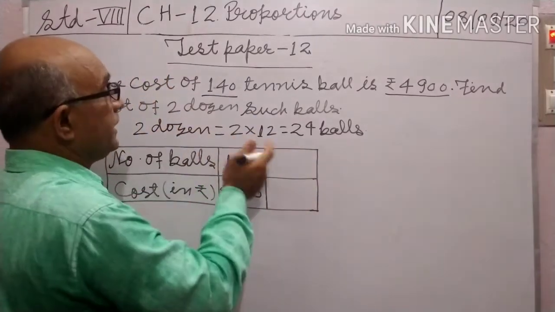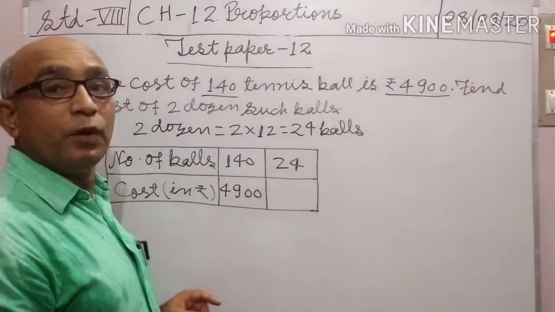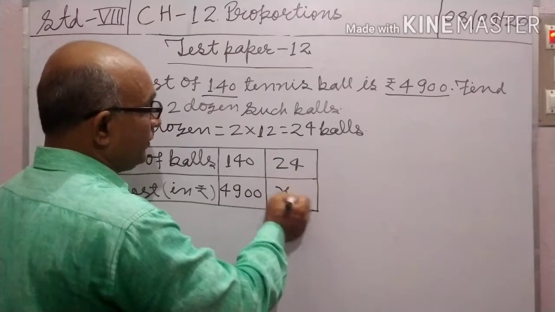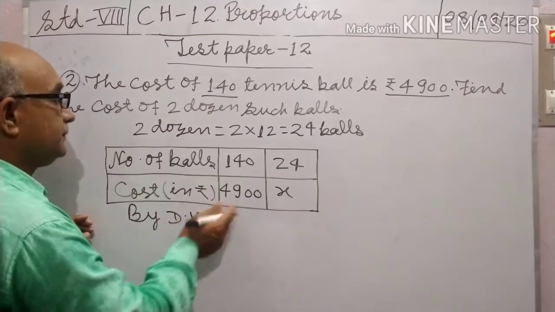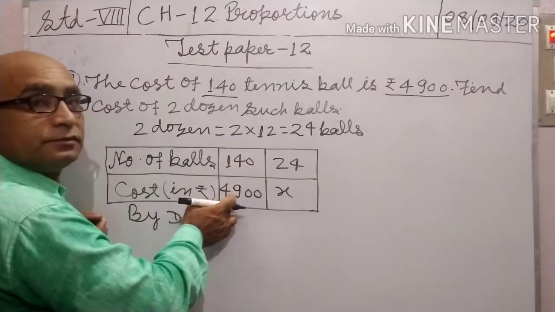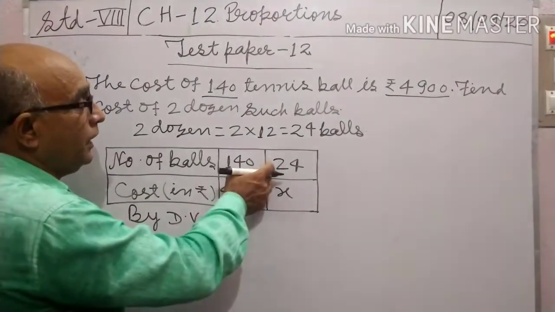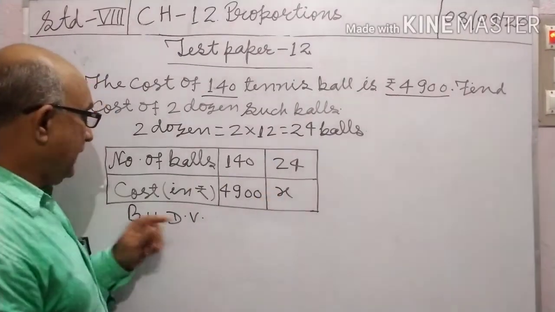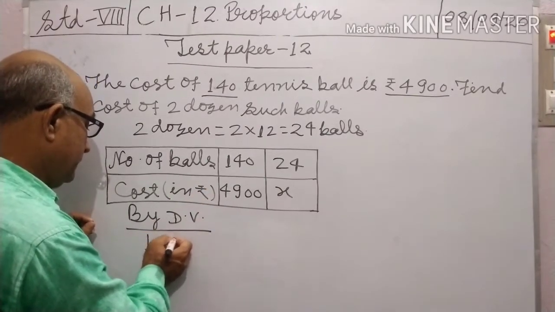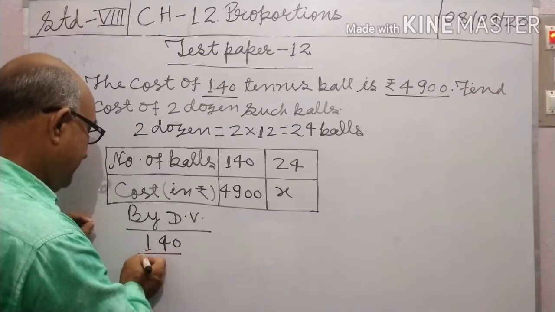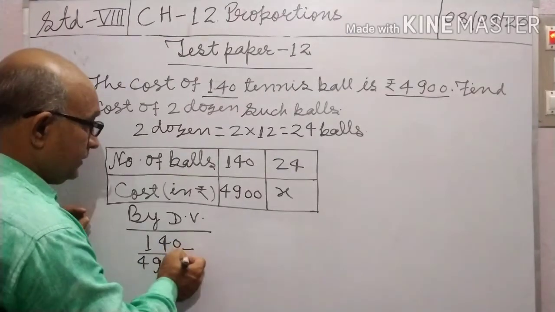2 dozen balls means 24 balls. What will be the cost of 24 balls? Let it be rupees X. By direct variation: more balls, more cost; less balls, less cost. One increases, the other increases. It is direct variation. So by DV, 140 divided by 4,900 equal to